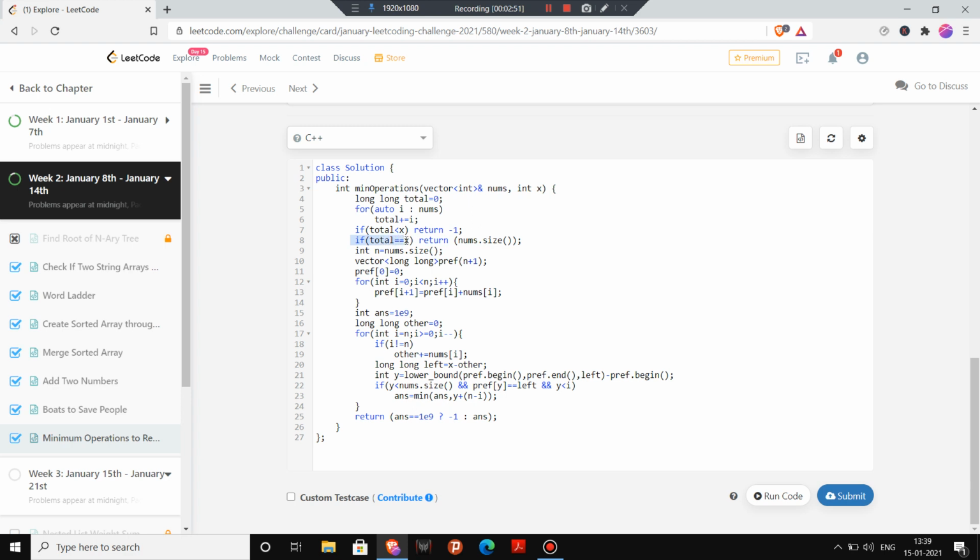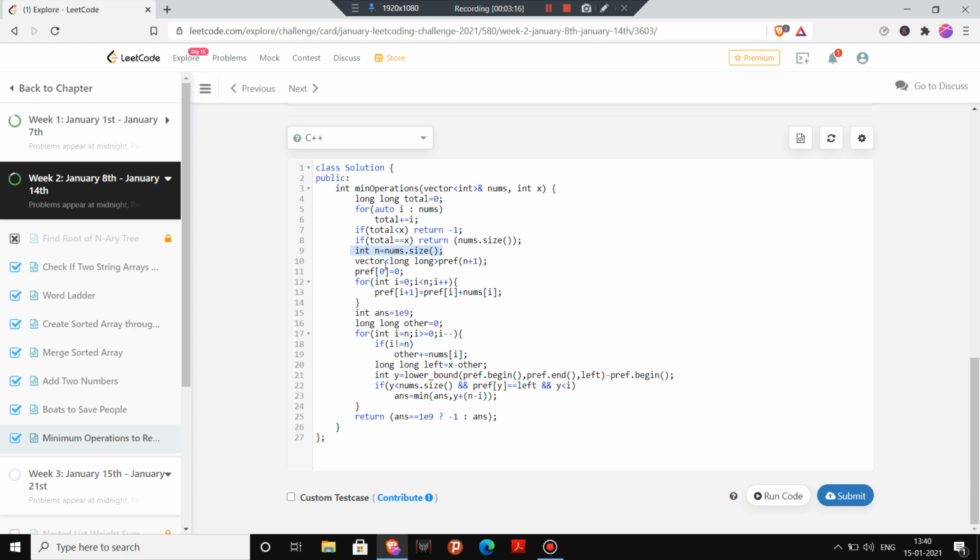Okay, so here I am having if total is equal to x, it means that if my total is equal to the required number I want, then I will return the nums.size. Okay, I think it's clear to you. And then I am having int n equals to nums.size. This is just for the simplicity.